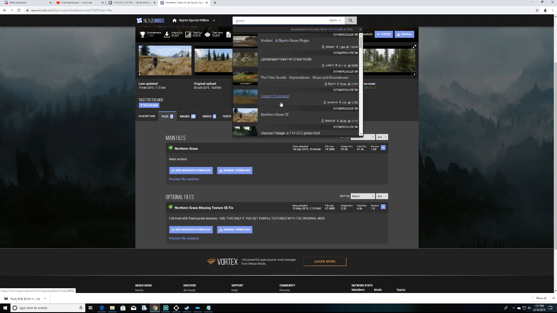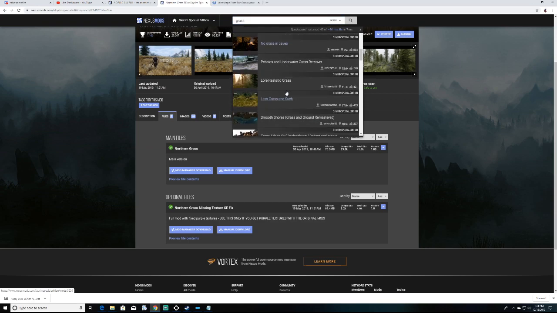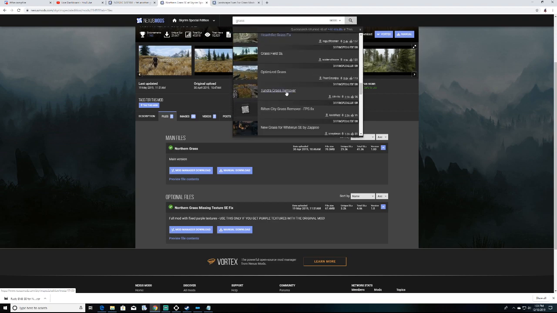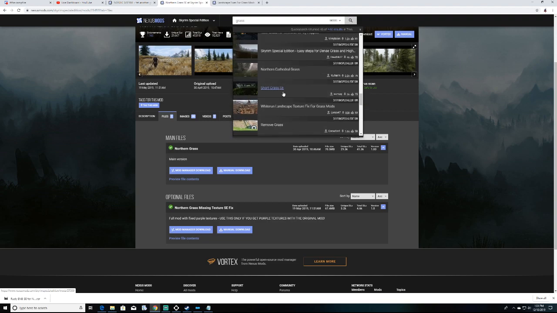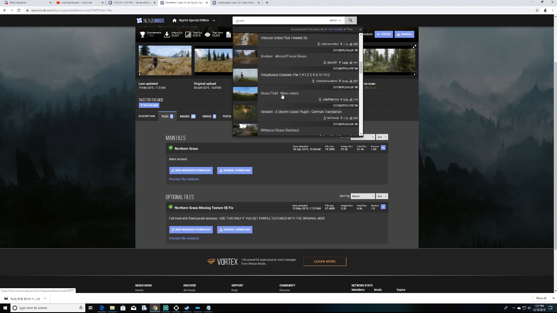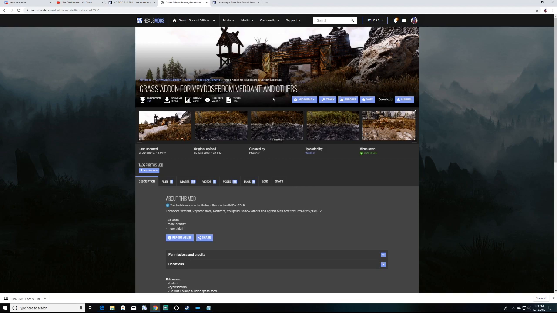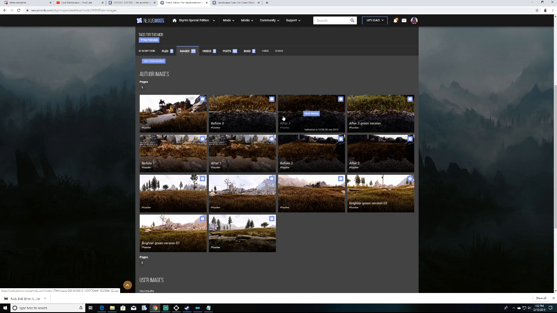There should be another one here. But we're going to get landscape fixes. Where is it? Nope. I'll know it when I see it. Add-on. There it is. So this add-on says for Vadospin Verdant and others, Northern Grass SC. So this is the enhancement for it. If you're curious as to what this does,